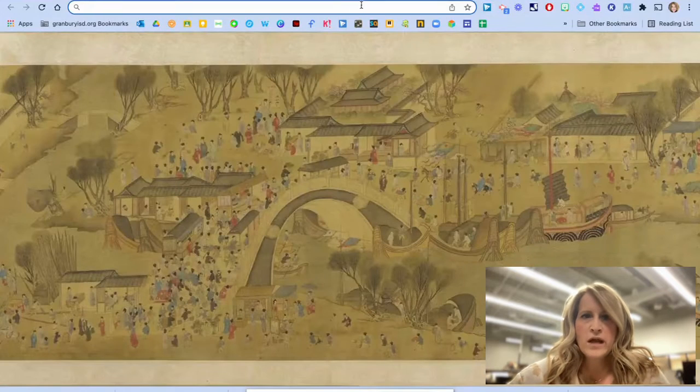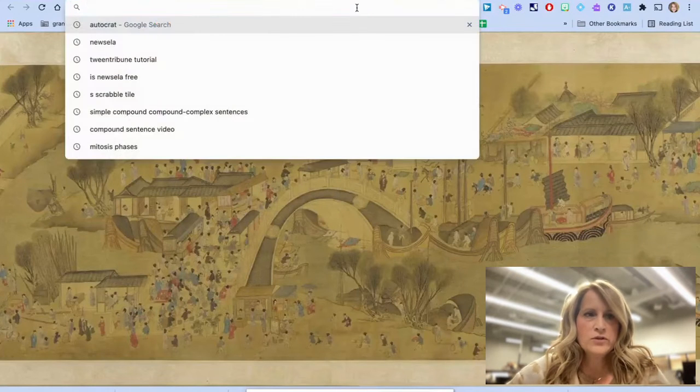NewsELA is a great resource for our English language arts teachers. Currently, Granbury pays for subscriptions for campuses at our middle schools and our high schools. Check out NewsELA now. So we're going to open up a new tab and we're going to go to